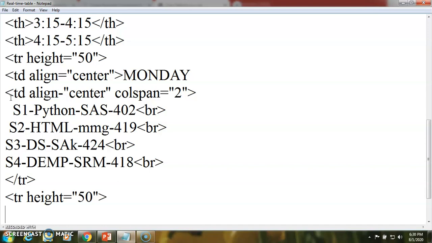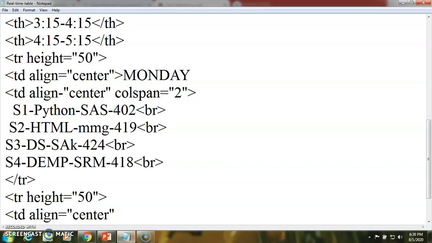As in a table we require those tags, so the table TD we require, again with those properties. For this we may require the column spacing for those cells.